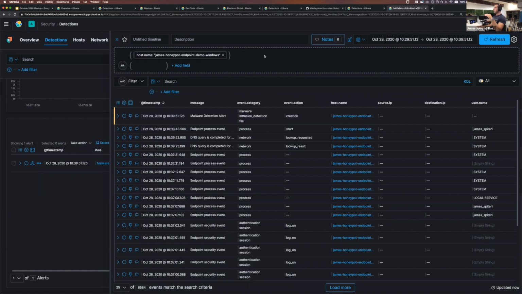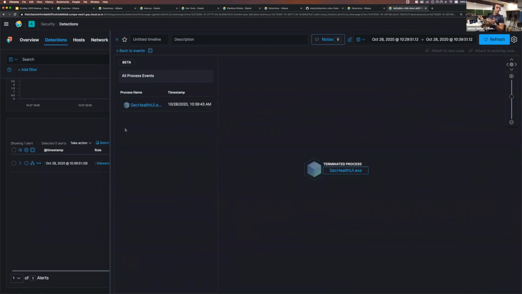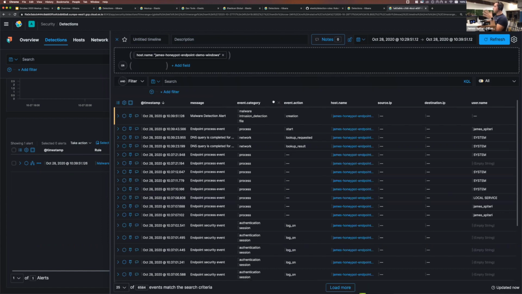And you can see, even for something which isn't an alert, you have that event analyzer view. So basically any bit of telemetry that's coming in from the endpoint, you can visualize it in the same way. So as an example, if I click on this, I get the same view, probably going to be totally unrelated. It is, as you can see here. But I did want to highlight that you have that view pretty much for everything. So I did want to highlight the timeline.